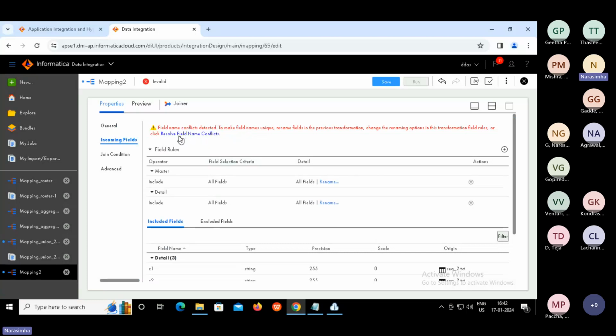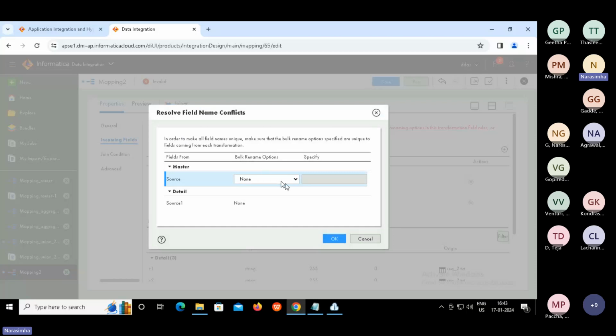So to resolve that, can you see there is a resolve field name link here? Where I press the mouse pointer, you need to click on that. Please click on that. Now we can specify either suffix or prefix.